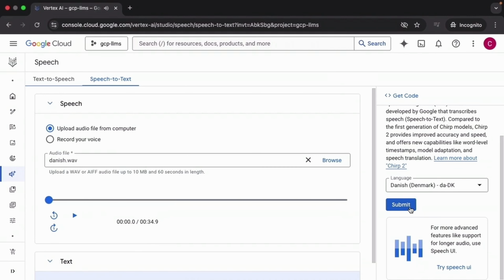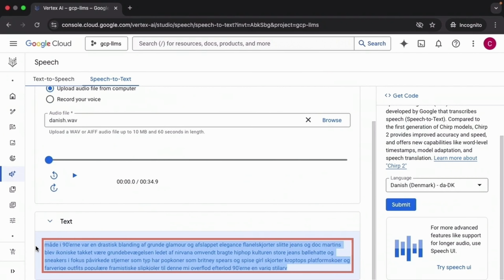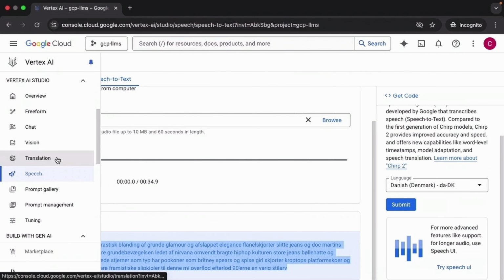That's the Danish text that we are about to transcribe. Let's go ahead and hit submit. And here you see the Danish transcription. Now, in order to verify that the transcription was correct, I'm going to copy this over and head over to